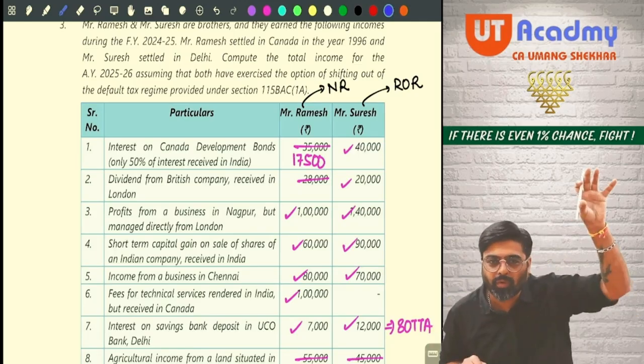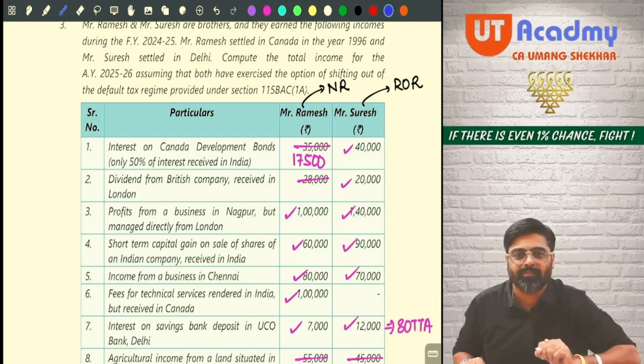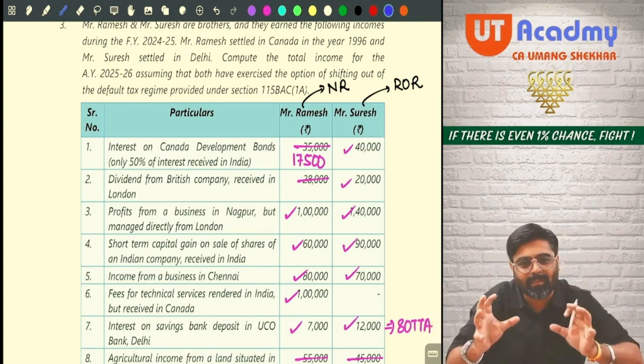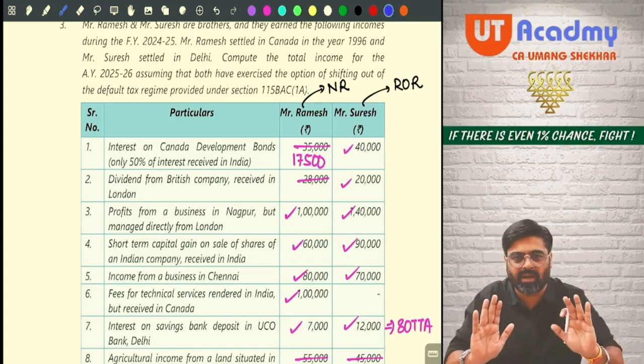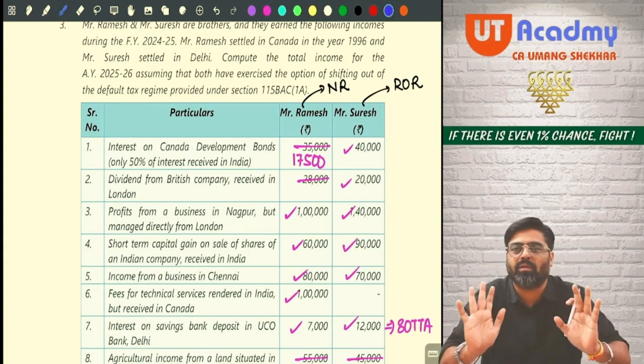They will take 2-3 adjustments from that question and put them here and remove 1 or 2 from here. Mix and match, new question created. The concept remains the same, no? Conceptually, if you are clear what they are trying to ask you, you will always be able to solve the questions.